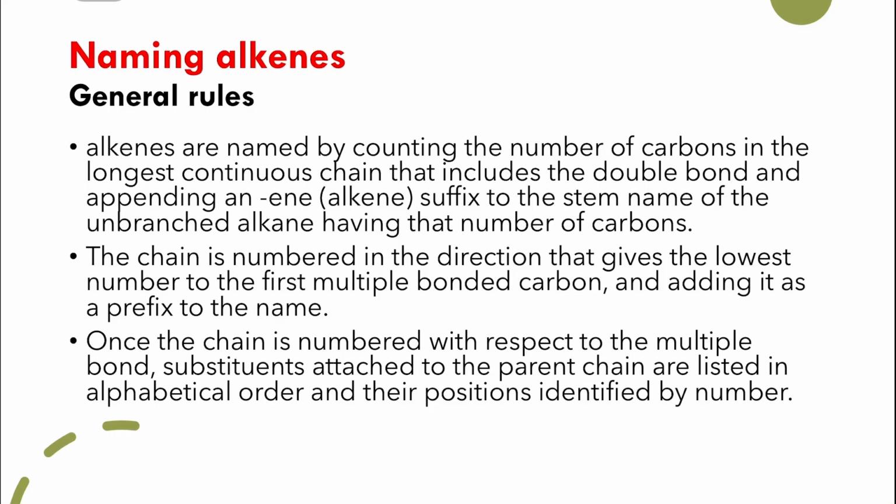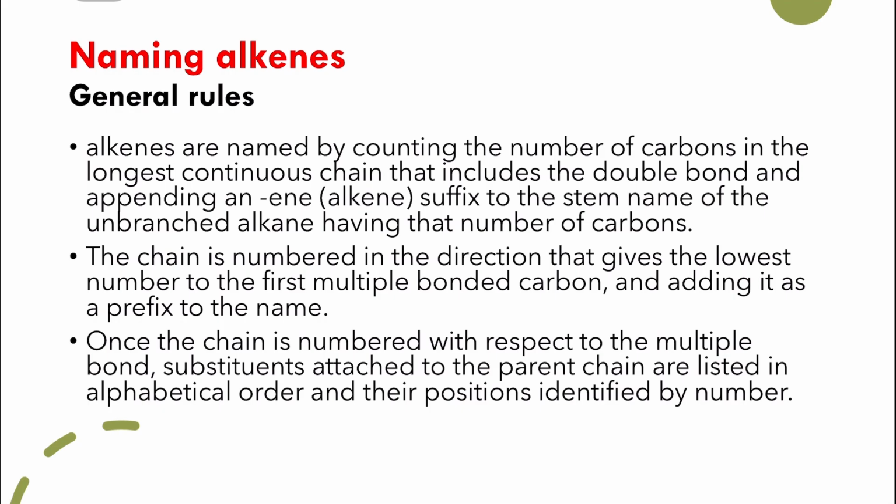Now let's talk about the rules of naming alkenes. The general rules are quite similar to the ones we used before in naming alkanes. The first thing you need to do is find the longest chain of carbon atoms that has the double bond. The longest chain that contains the double bond will be your parent or root